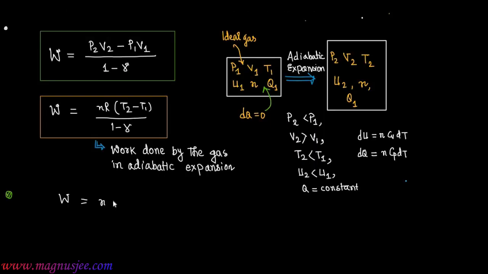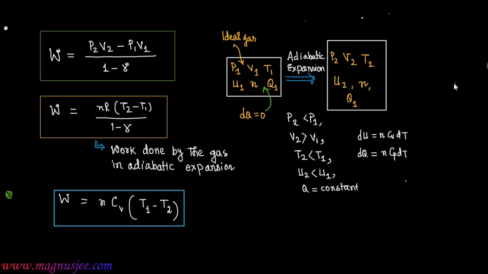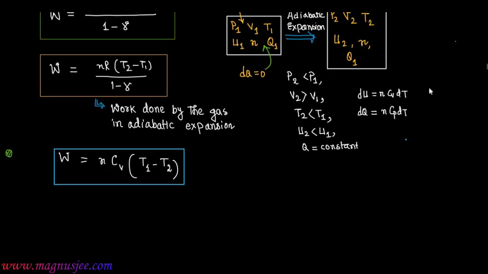And work done has another expression in this adiabatic expansion, that is W equals n Cv dT. That means W equals n Cv (T1 minus T2). Work done in adiabatic expansion has the expression W equals n Cv (T1 minus T2), initial temperature minus final temperature. In adiabatic expansion,